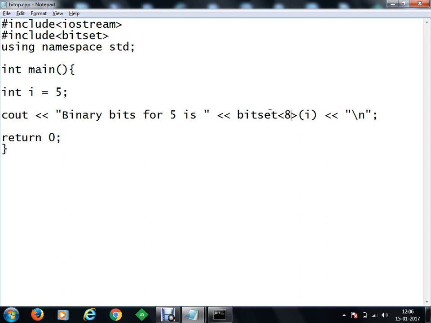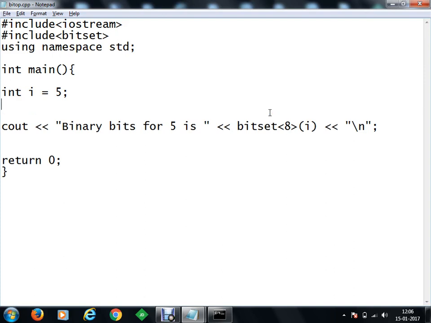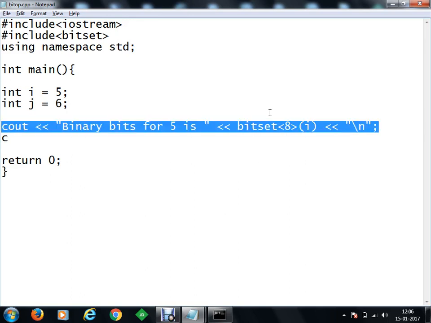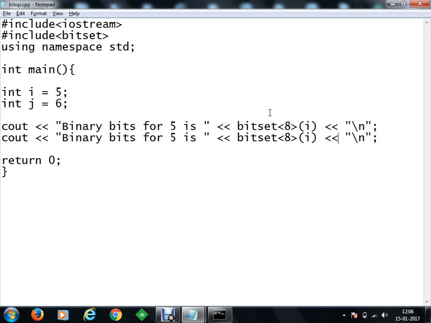Now let's say we have got some values here, and now what next we need to do, let's say we are going to perform some operations on it. So let's take one more value. Let's say we'll take j is equal to 6 something. Let's just put that as well. j को भी हम print कर लेते हैं. That will be j.